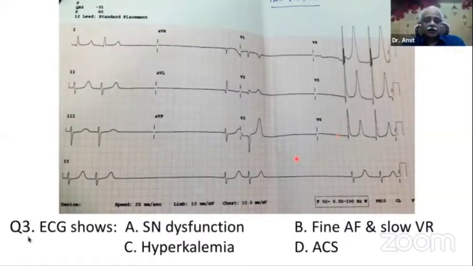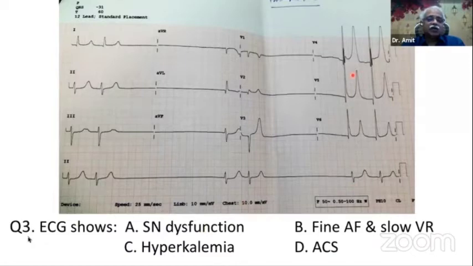Yes, Dr. Gupta, correct points mentioned, and I guess the close differential should be hyperkalemia and an acute coronary syndrome, acute ischemia. And as you rightly pointed out, though I'm showing you ECGs, the history is very important. In a patient with ACS, you obviously will have chest pain, chest discomfort, something like that. In a patient with hyperkalemia, there will be some reason why he is hyperkalemic. Is there renal dysfunction? Is he on an ACE inhibitor or ARB and a potassium sparing diuretic and stuff like that? So there generally will be a clinical background to it which will help you.